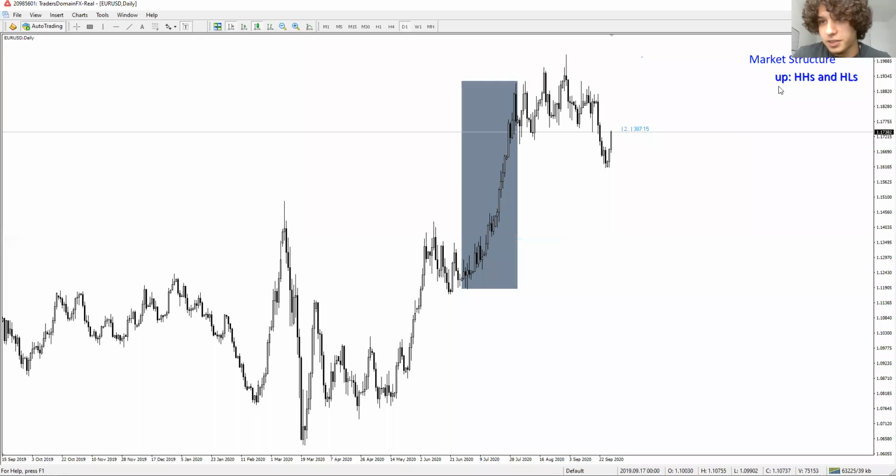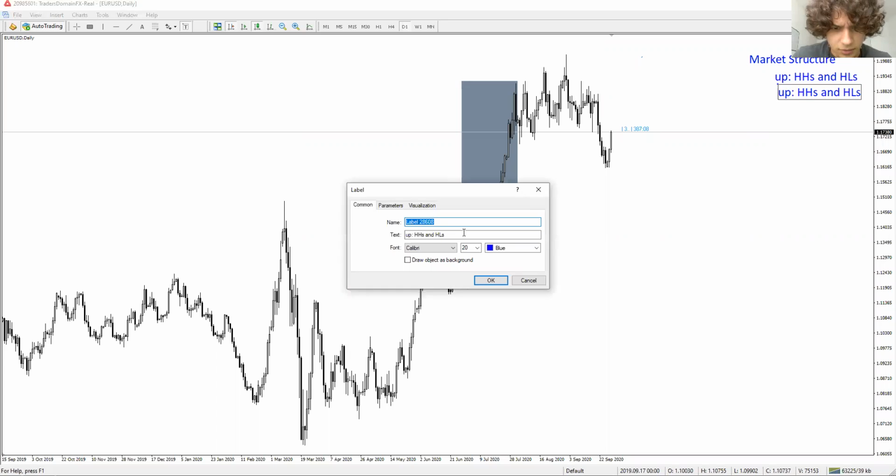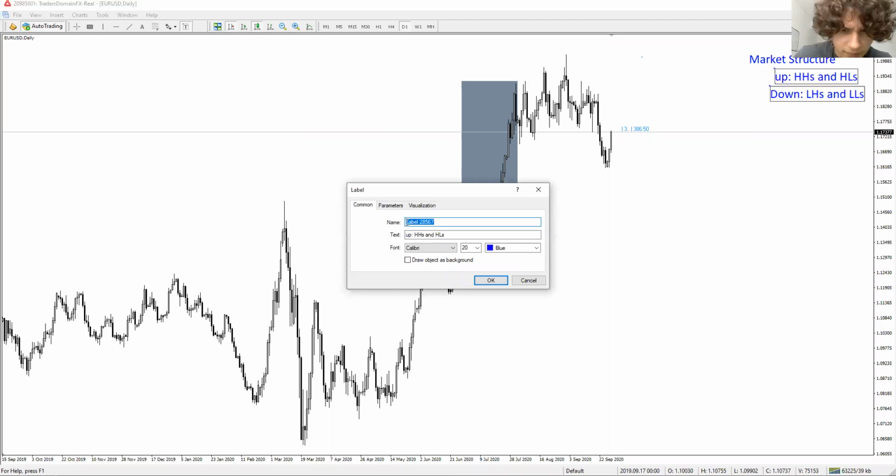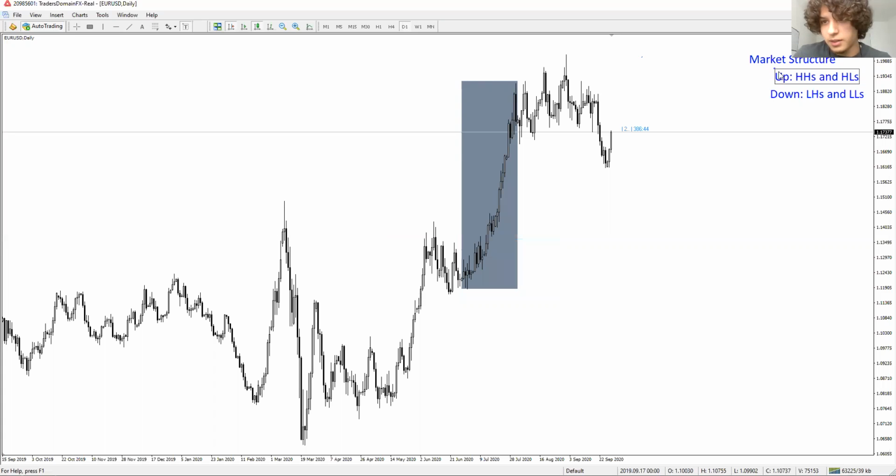So if price is going down in a downtrend, we're going to be looking for the exact opposite. I'm going to take each of these and show it to you one at a time. So price is going down, lower highs and lower lows. Mark that there. So that's market structure. That gives us an idea of, for example, this right here, and this is the